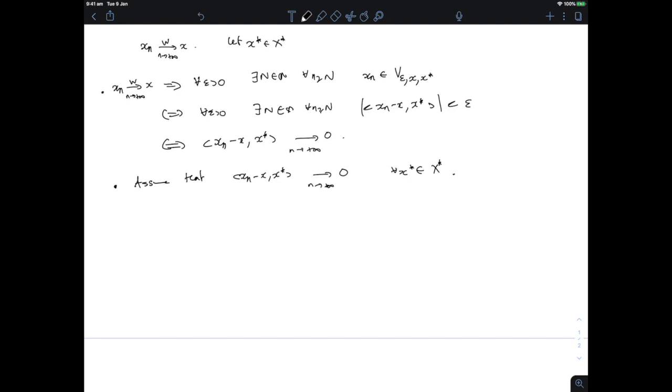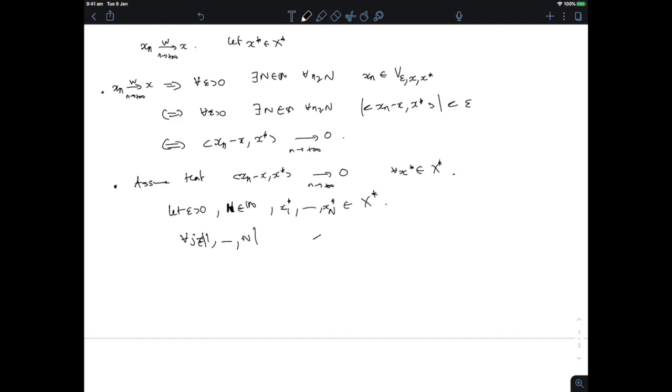Now I give myself some neighborhood of x, so I give myself an epsilon, and I give myself an N. Maybe I should not call it n, let's call it capital N, and I give myself x_1* till x_N* in X*. Now, what can I say about testing against any one of these? For every j between 1 and N,